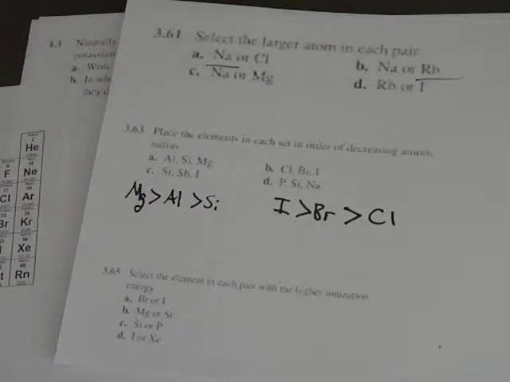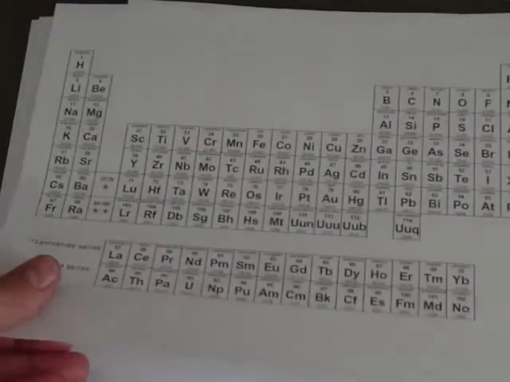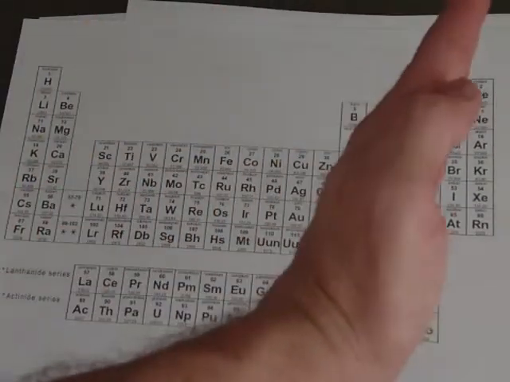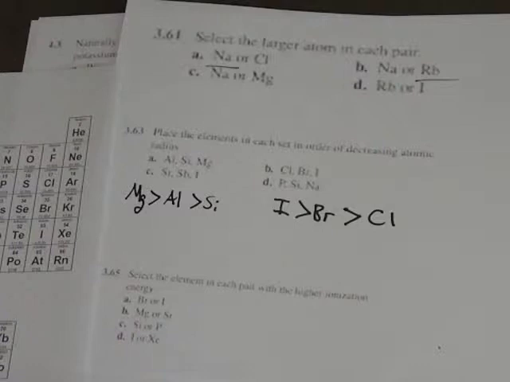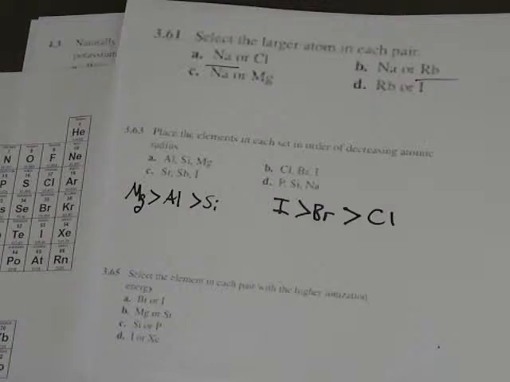It's asking which element of these pairs is going to have the higher ionization energy. You want to remember that ionization energy is going to increase as you go up and over toward the right hand side of the periodic table. If we go to the right hand side and as we go up, it's going to be greater in ionization energy. The way I remember that is that it's going to require more energy to make an ion, because